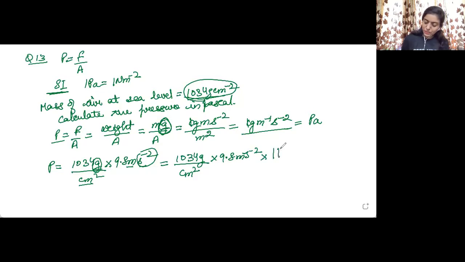So I'm multiplying and dividing this quantity by 1 kg, but in the numerator, because I need kg in the numerator, I will keep it in kg, and in the denominator I will make it 1000 gram, because 1 kg is equal to 1000 gram. So gram and gram will get cancelled, and in the final result we will get kg as the unit of mass. Now we need to convert this centimeter square into meter.